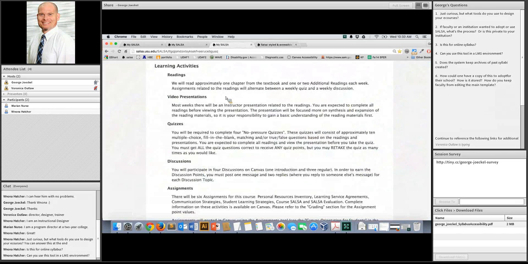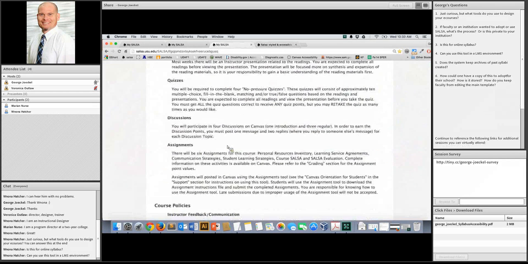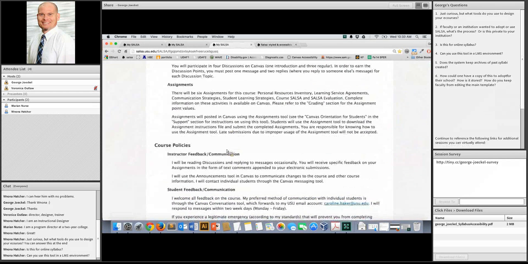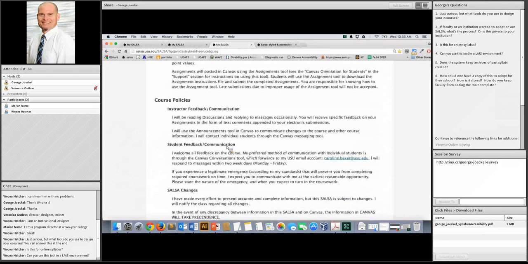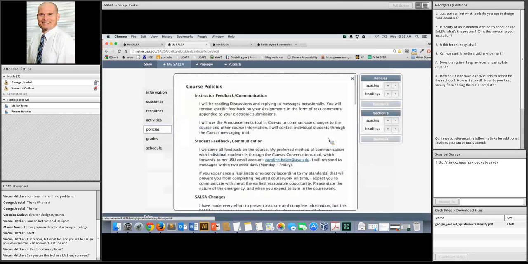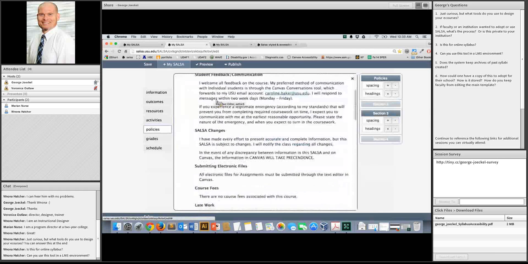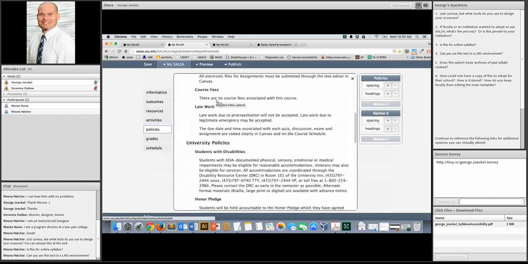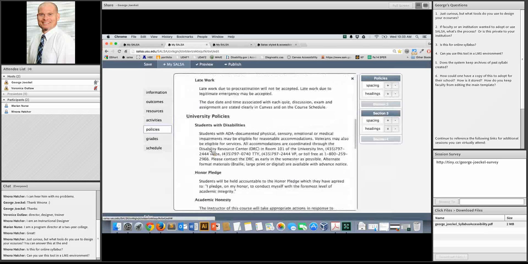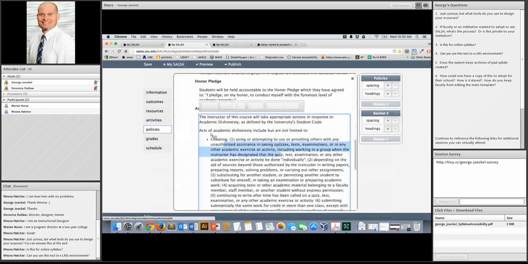So one of the things that we encourage people to do is keep these learning activities pretty high level. And then when you want to talk about the different textbooks that you're going to use or blow-by-blow readings or video presentations, put those in your learning management system. So put those in Desire to Learn or Blackboard or Canvas. And I think that there's a lot to be said for keeping the syllabus somewhat high level.